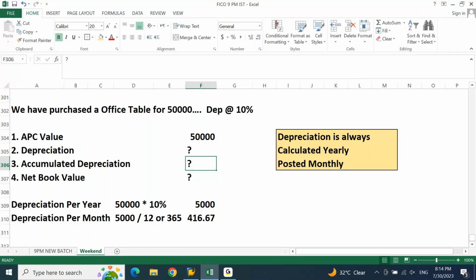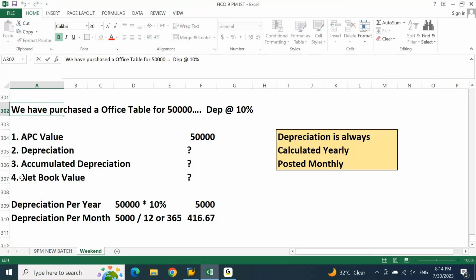Here I did not mention when the asset is purchased. Correct? When the asset is purchased is a question mark. You do not have the information from when you need to charge the depreciation. I did not mention when I want to know the net book value of the asset. In short, the current value of the asset, at what time I want to know, I did not mention. If you do not know from when your asset has been in use, in short, when you purchased the asset, and at what month you want to look at the report, it is not possible for us to produce the number. For example,